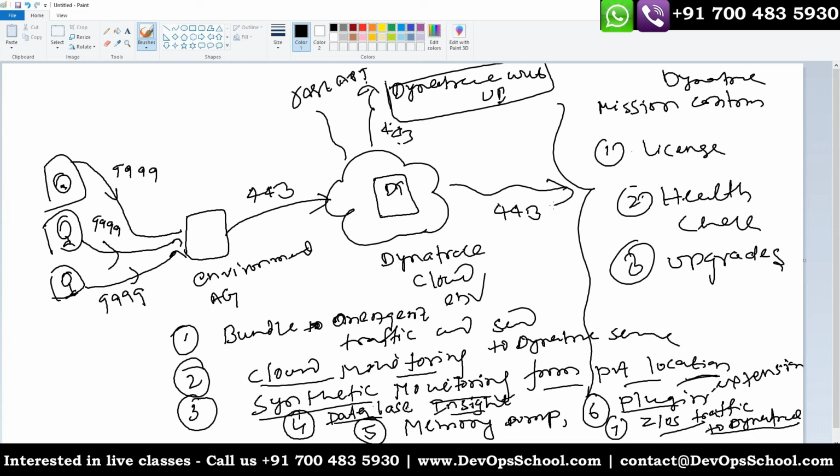Environment ActiveGate also requires 4 GB of RAM and 2 virtual CPUs. Note it down. So the hardware specification of Environment ActiveGate is 4 GB of RAM and 2 virtual CPUs. That is the minimum. Minimum means this software can be installed on this hardware specification. But if you keep it higher, it will